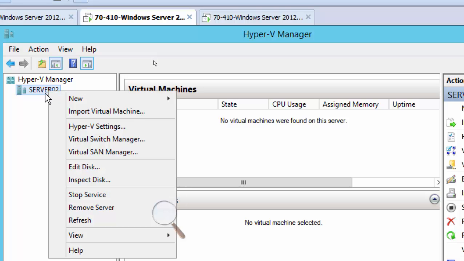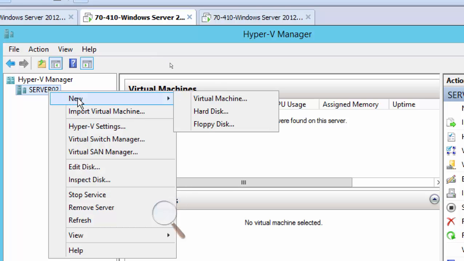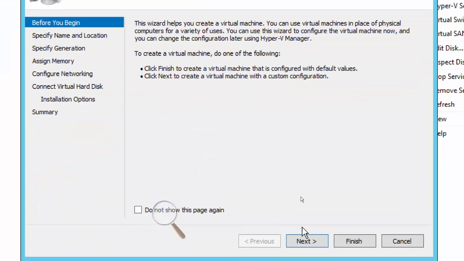On server 2, for Murthy it's server 3, for you, or server 4, it doesn't matter. On any one server, we're creating a virtual machine because we need to migrate it to the second server. So, new virtual machine, everyone there? Now this is inside Hyper-V. We're creating a new virtual machine. Next,